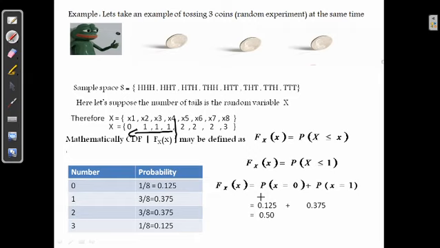Yes, sir. Okay, so this is what we will be getting. So what is this CDF? Probability of x less than or equal to 1 is nothing but what? Probability x equal to 0 and probability x equal to 1. So that will be 0.50. Okay, so whenever they ask you for CDF, what is the formula? F x of x equals probability of x less than or equal to x. If it is probability x less than or equal to x, whatever they ask, it comes under the cumulative distribution function. Okay, next,